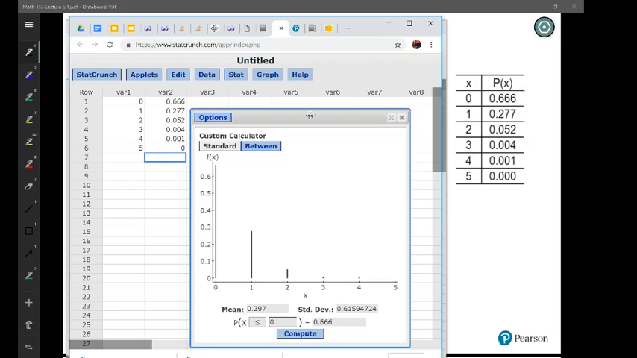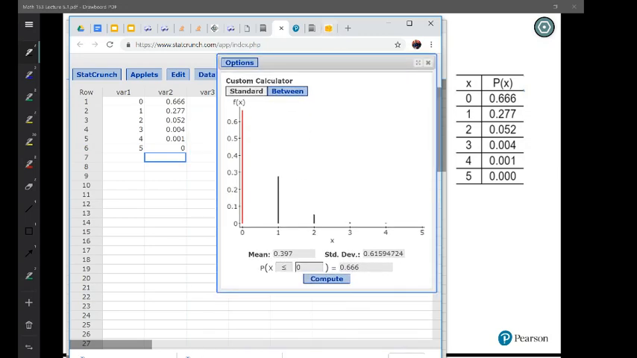And you can read off the mean here and your standard deviation here. So the mean is 0.397 and the standard deviation is